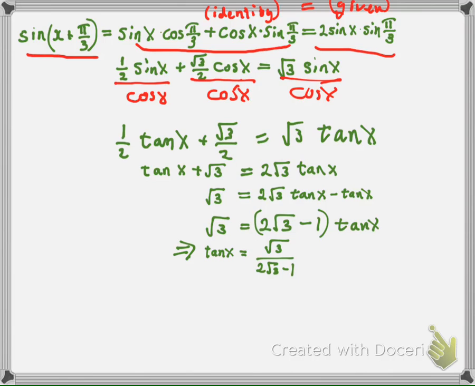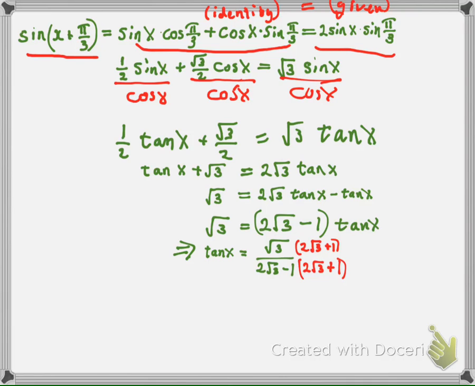And divide both sides by 2 square root of 3 minus 1. So this doesn't look exactly the way the format is on the exam question, but at least I have the tangent of x equals something. So the next issue is to look at the form, and what I see here is if I multiply top and bottom by the conjugate,